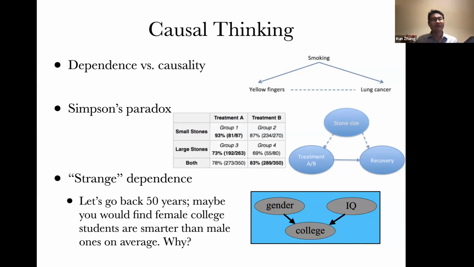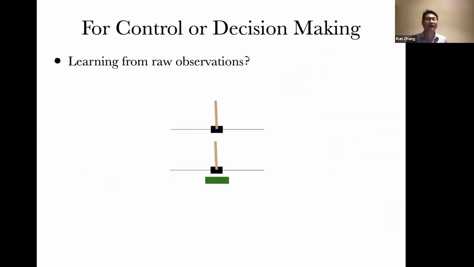So essentially, there are only two ways to generate dependency in the data. One is causality, right? If A causes B, or B causes A, or A and B are caused by a common thing, say C, then they should be dependent. But in addition to that, we also have a selection process. Selection seems to be overlooked in the literature, but selection actually can explain a lot of dependence across many scenarios, many disciplines, including biology and even text language modeling and so on. Okay, so this is what we can benefit from causal thinking with very simple examples.